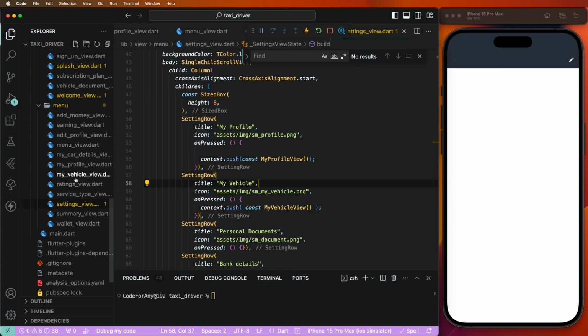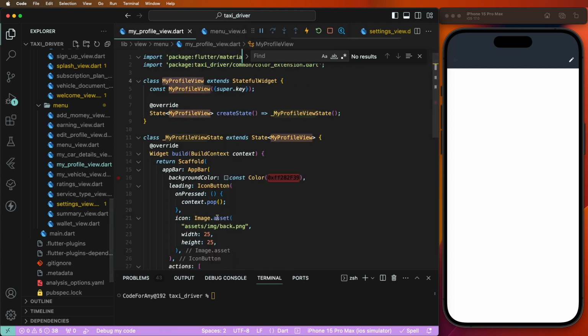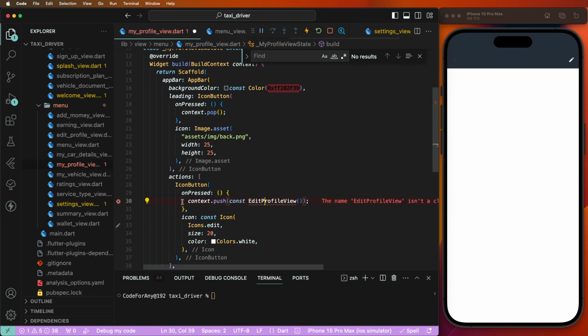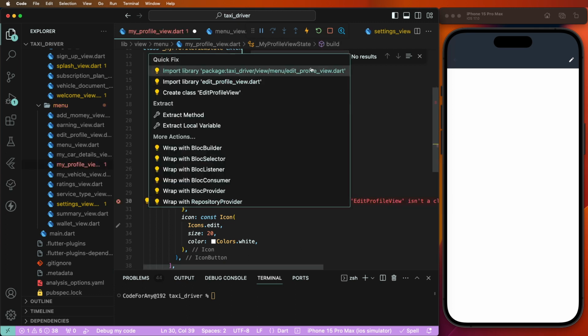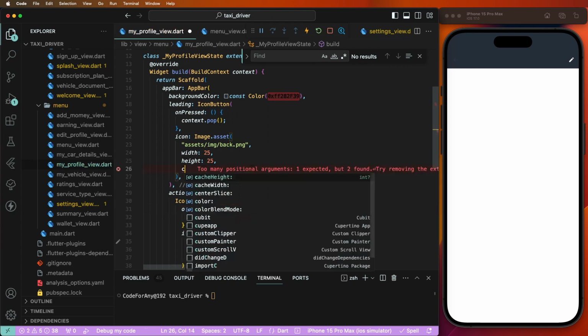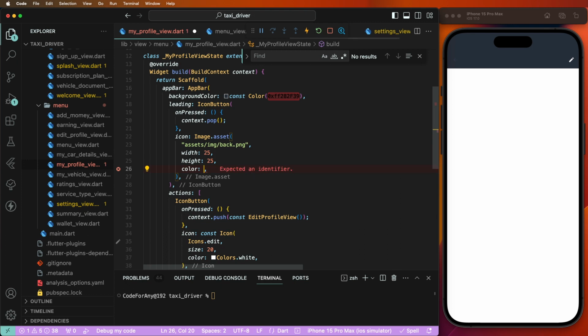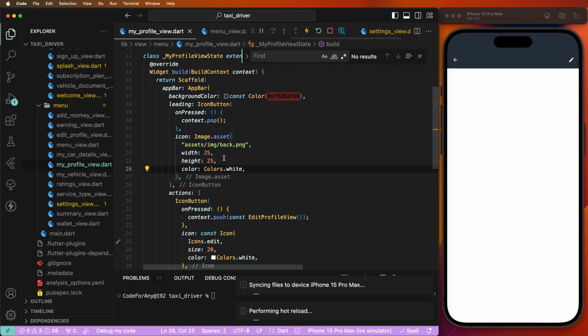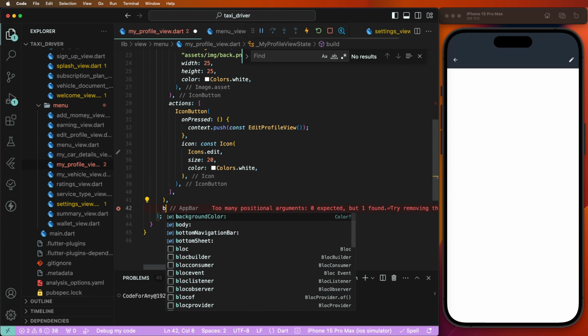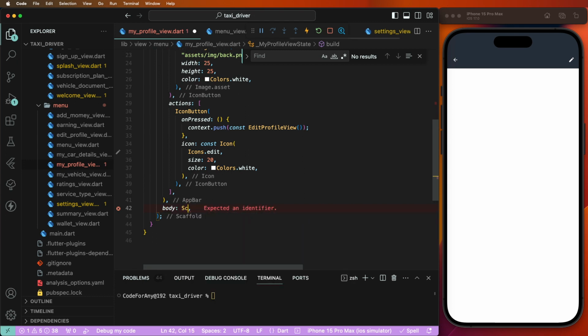And to go inside the my profiles, also need to configure here the button click events or edit, import this widgets here, edit profiles, and to give this here the back button's colors you need to set this here color white, like this sets here. Now need to create here the body, create here the scroll bar,